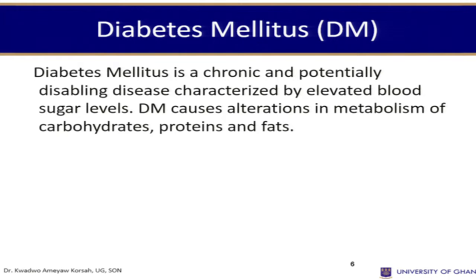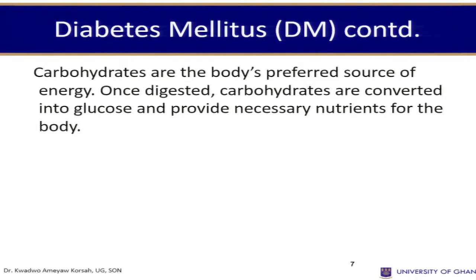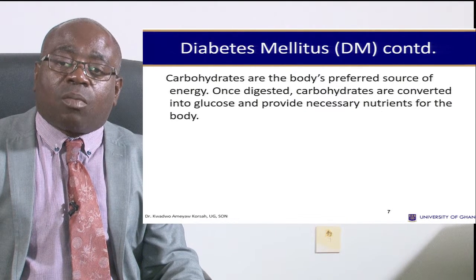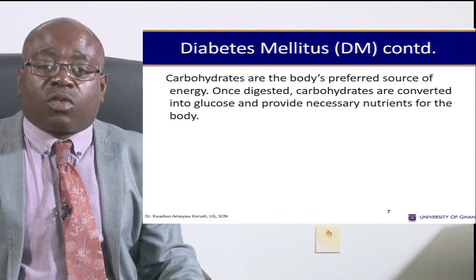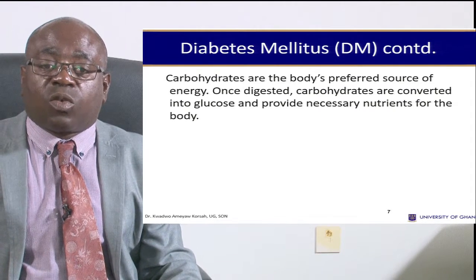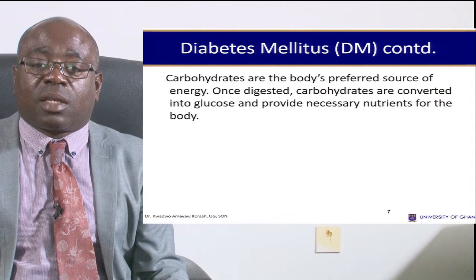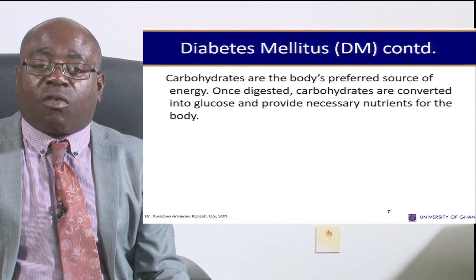Diabetes mellitus is a chronic and potentially disabling disease characterized by elevated levels of blood sugar. Diabetes causes alterations in metabolism of carbohydrates, proteins, and then the fats. It's a major condition that affects most Ghanaians, and it's one of the non-communicable diseases. Carbohydrates are the body's preferred source of energy, and once digested, carbohydrates are converted into